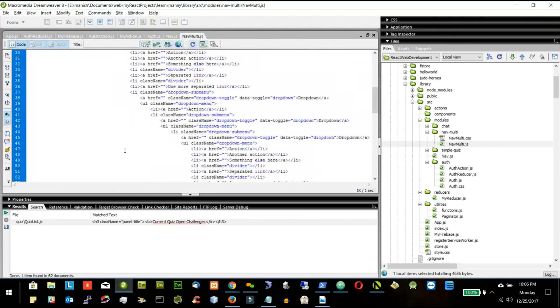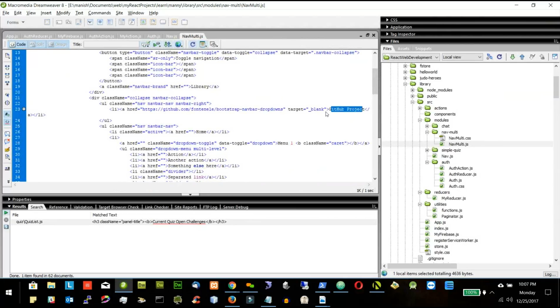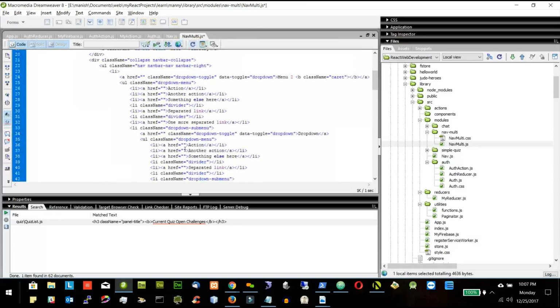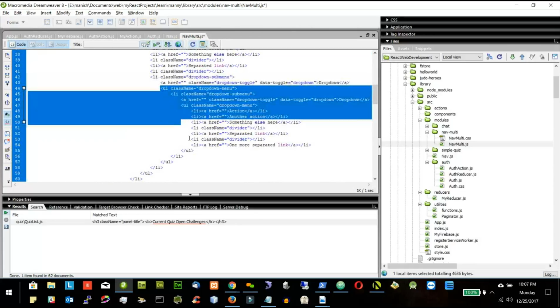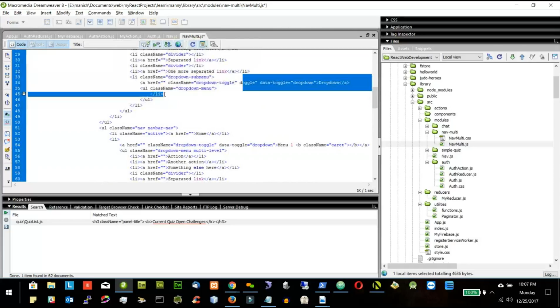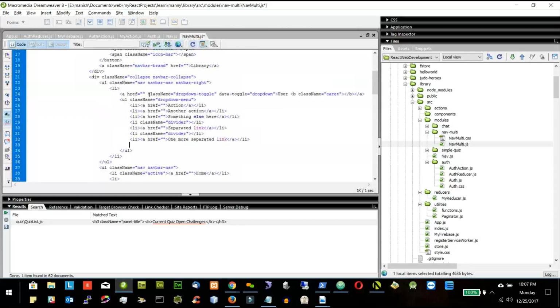And where we have this GitHub project, I will delete this GitHub project part and I will put this li tag, and here I will say user, and we have drop down. I don't need this one. I don't need this ul tag. I don't need this li. I don't need this ul. I don't need this li, and I need,